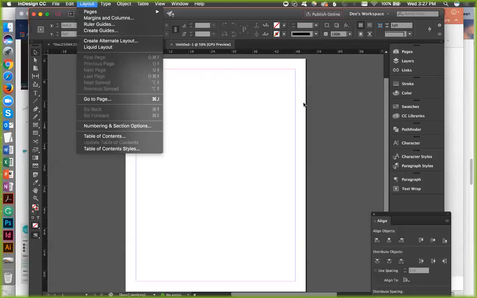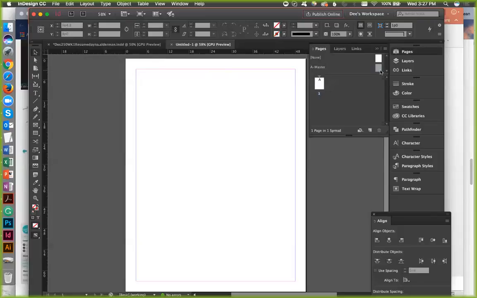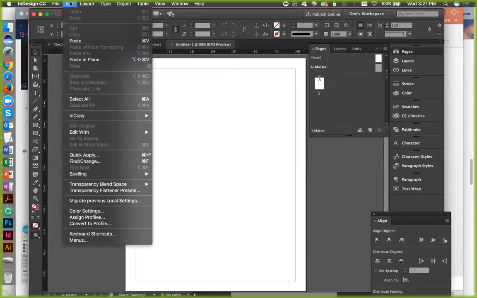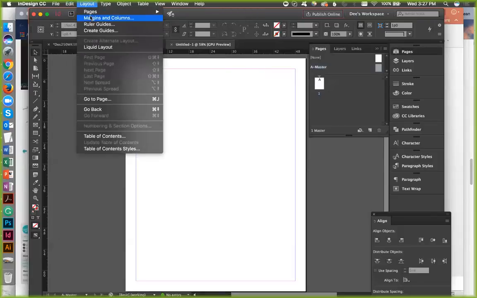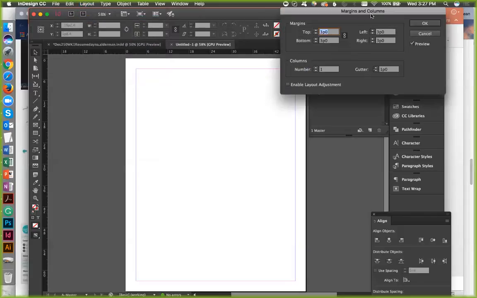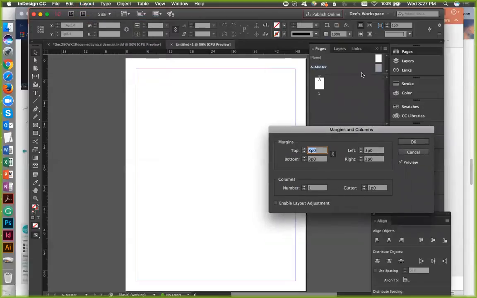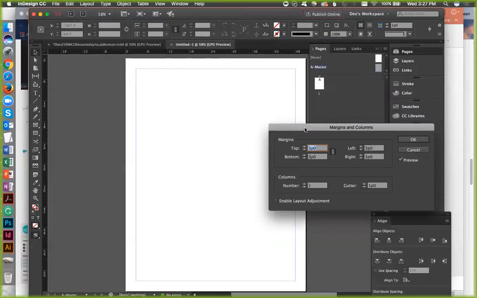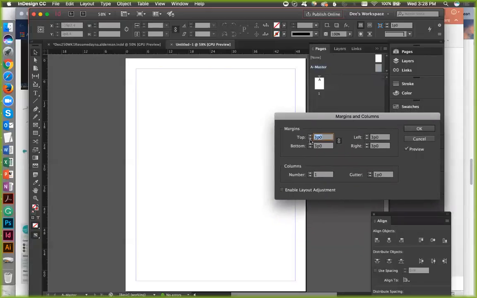That's the first thing I do, I go to my pages, double click on my A master, edit, layout, margins and columns. You're probably wondering, well, why are you using a pages? If I want to eventually build a cover letter or a reference sheet, I want it to be in the same format as my resume. So I usually start there anyway.